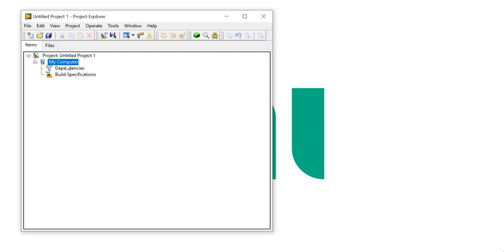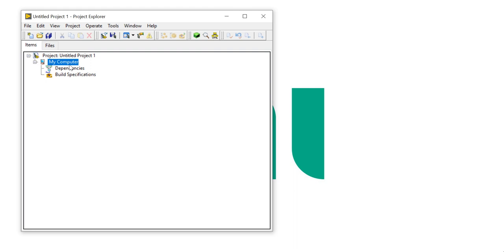My computer is the targeted hardware, where we are trying to create a project. Dependencies include the VIs and other items as per the target required.